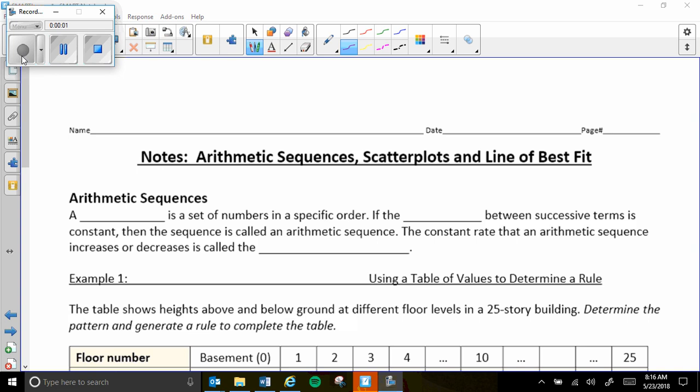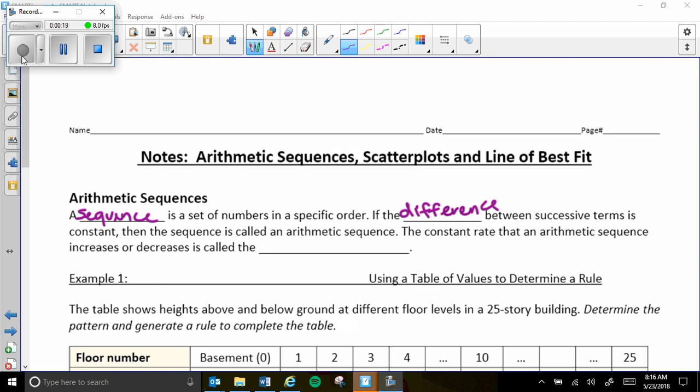Next topic in Unit 5 is arithmetic sequences, scatterplots, and line of best fit. So we're going to start with arithmetic sequence. A sequence is a set of numbers in a specific order. If the difference